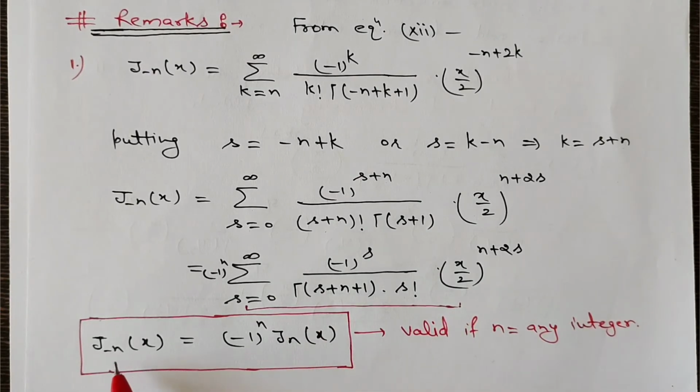Clear? So we can say that J_{-n}(x) is nothing but (-1)^n times J_n(x), or you can say J_n(x) is (-1)^n into J_{-n}(x). And this result is valid only when n is an integer. This result is not true when n is a half integer. Remember this property holds only for the case when n has an integer value. Clear? So the second case we are going to discuss is